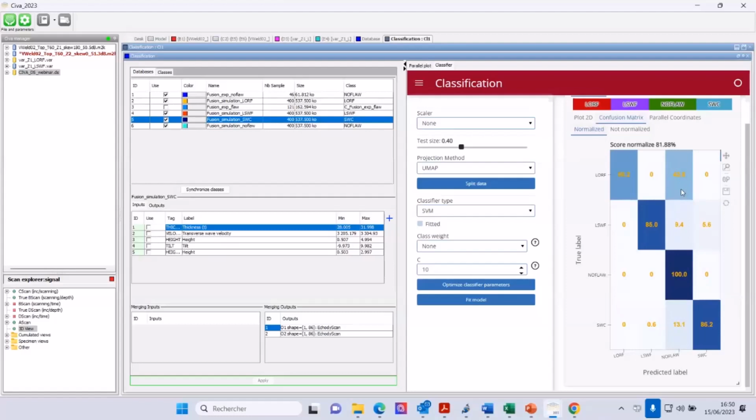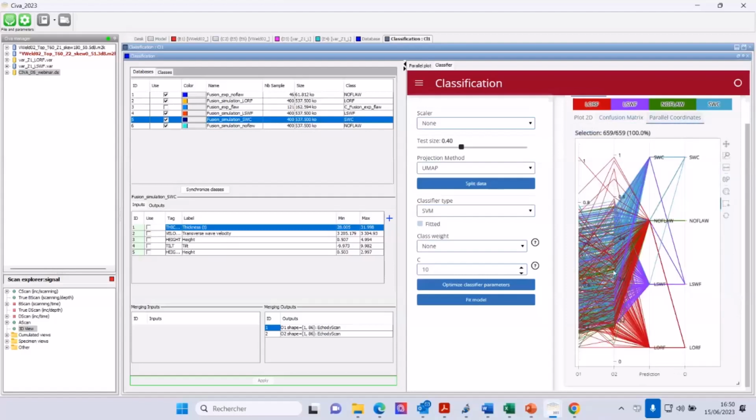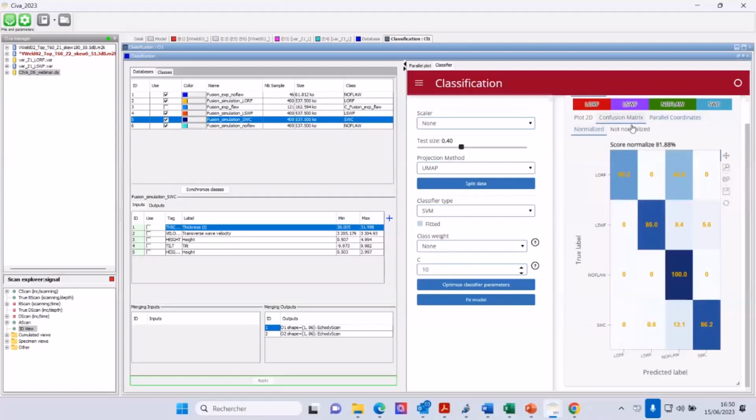And the last point is that you have also the parallel coordinate, which is more or less the same information as the confusion matrix, but with color lines, with the prediction and the classes. So anyway, here, this is just 2D analysis to prepare the final training and just to check. The idea after that is to go to the classification.